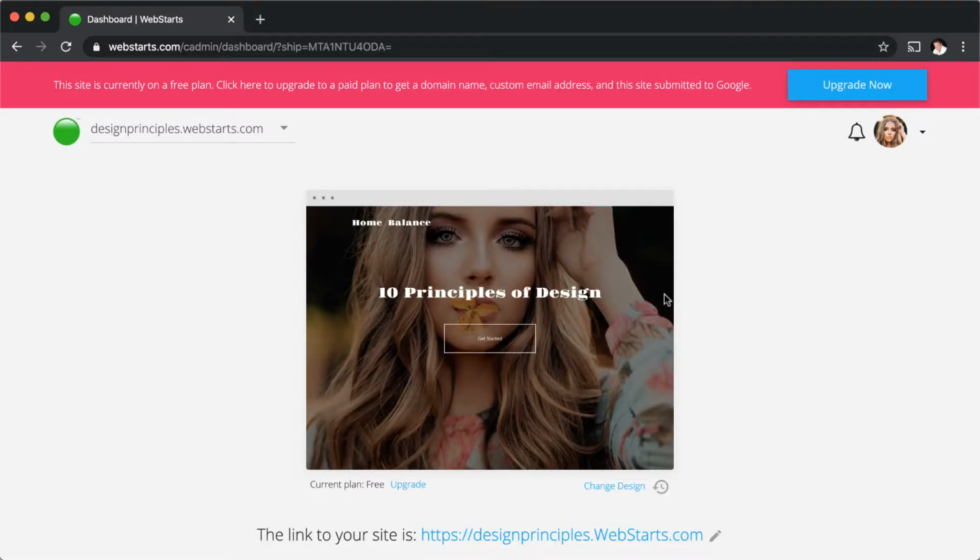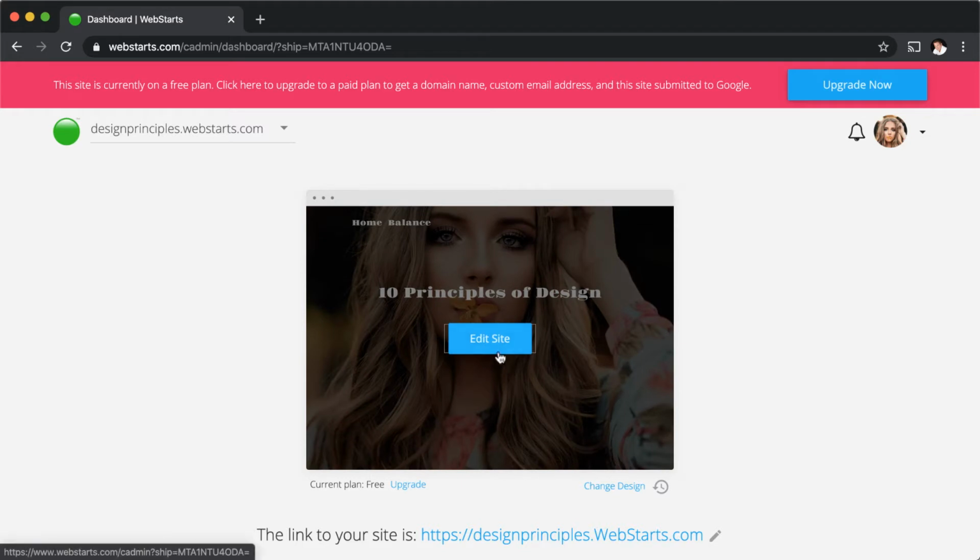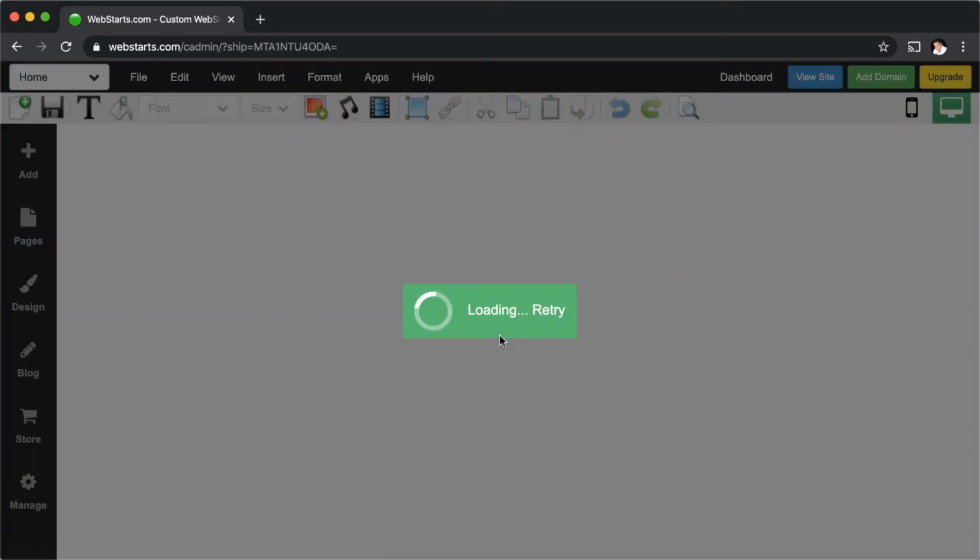I've logged into my WebStarts account and I'm viewing the dashboard. If you've yet to create a WebStarts account, be sure to go to webstarts.com and click Get Started. It's free. Once you're signed in or logged in, you'll see what I'm looking at. Click Edit Site and that will open up the WebStarts page editor, and that's where you can begin working on